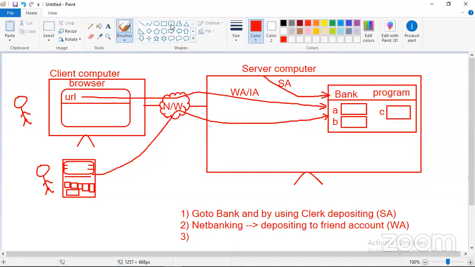Next, tell me, there is something called a swiping machine. Can I use a swiping machine to do that transaction, everything? Possible. From the swiping machine also, via the network, I am now accessing this program. That means you are not only accessing from local, within the same computer directly. You are not only accessing from one browser. You are also accessing from what? One machine.